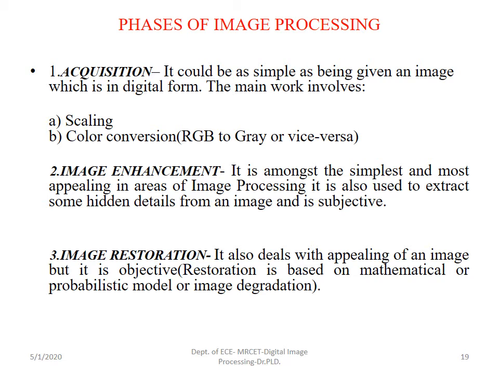Color conversion means red, green, blue, the RGB scale, converting RGB scale to grayscale or vice versa is possible for processing purposes after scaling. Whatever image we have scanned or captured through our camera, there is still a possibility to scale that image, and then the color conversion is very essential. Depending on processing capability, we can do the color conversion. Then, according to exactly what you are expecting, you can do the operation over it, and then the results you are supposed to expect.